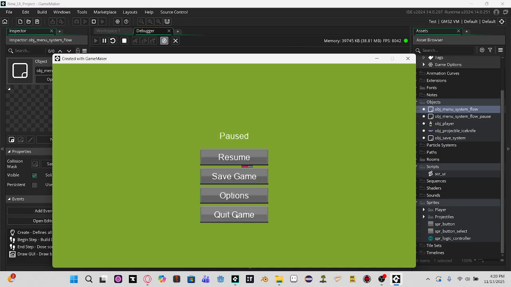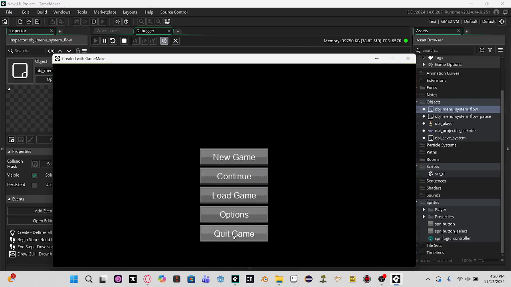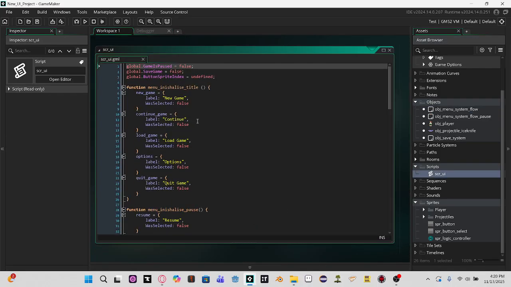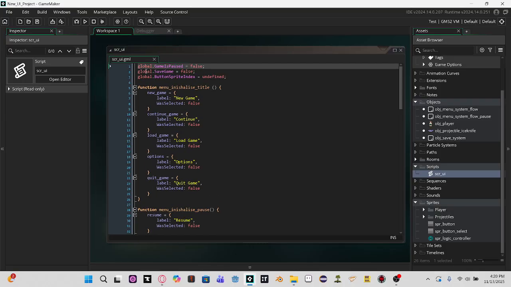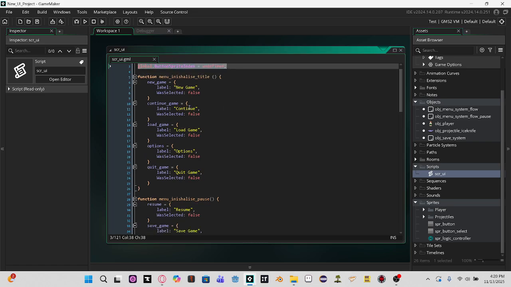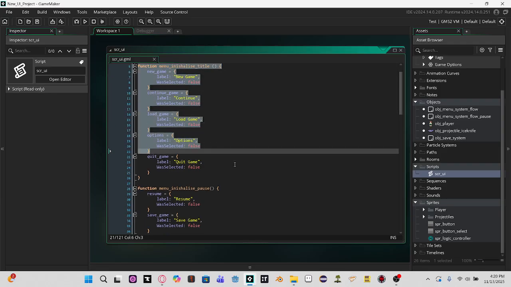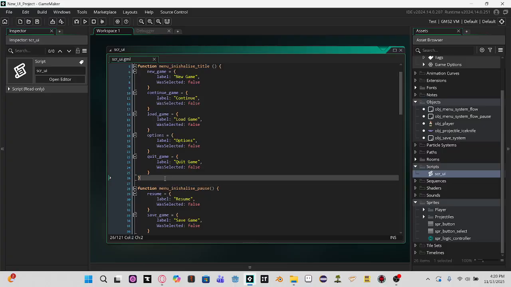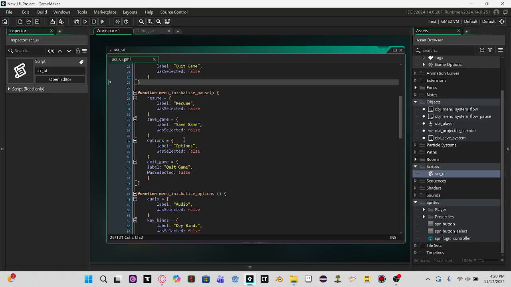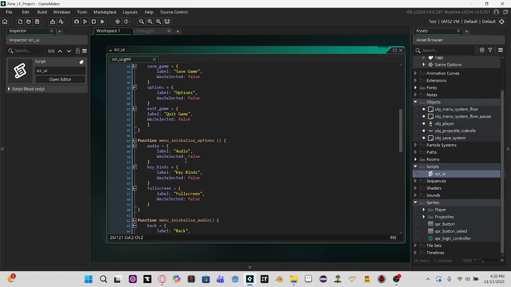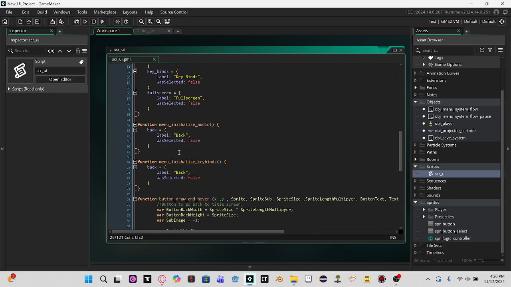Now, I'm going to quickly show how this works. So I got a script, right? In the script, I have my global variables that I need for this to work. And then I got a few functions for initializing structs and create events. I separated them into groups for menus, so what goes in those menus basically. And then I